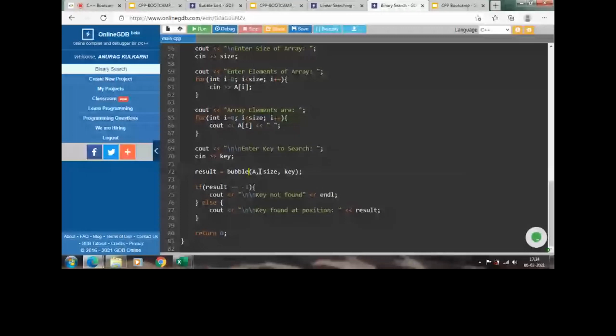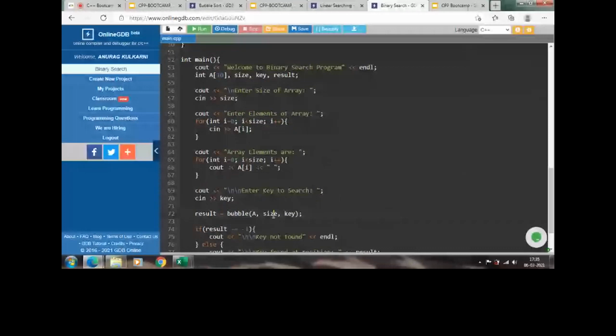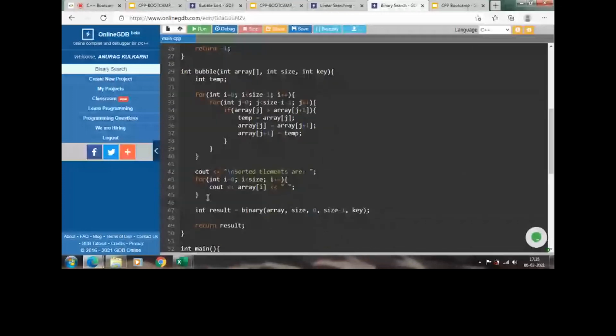In the previous session we studied bubble sort, so this is the same function which we used. We will pass the array as well as the size and the key element which has to be found. Then this bubble sorting algorithm will be executed, and after the elements of the array are sorted, we will call the binary search function.